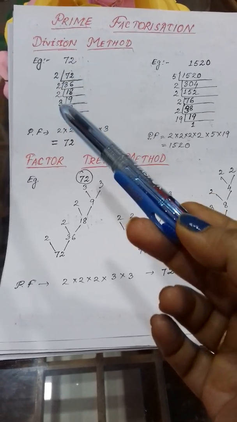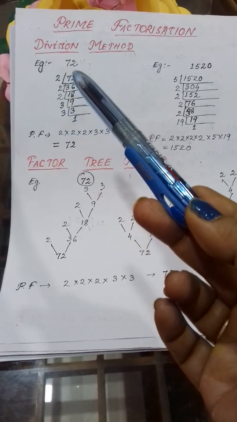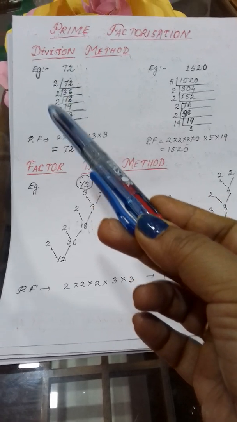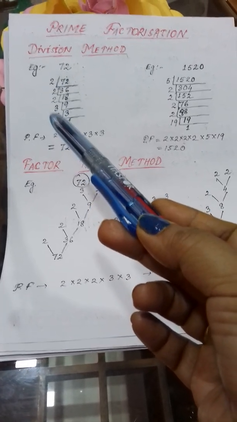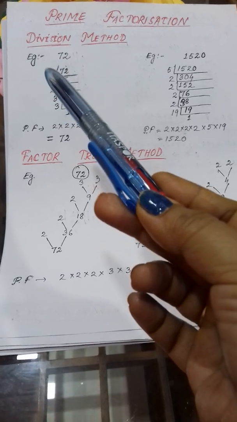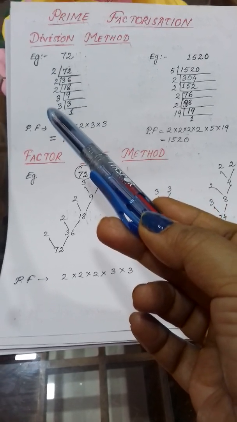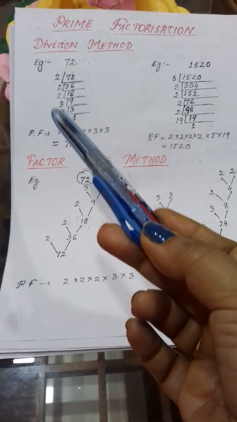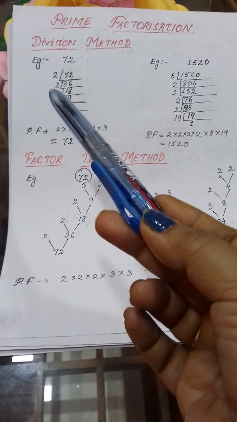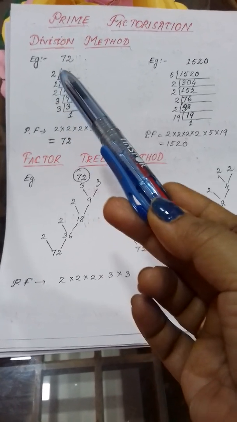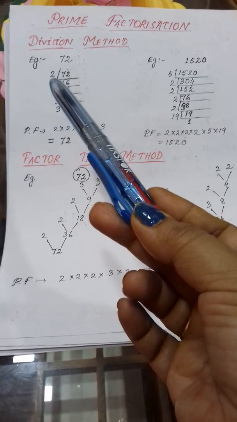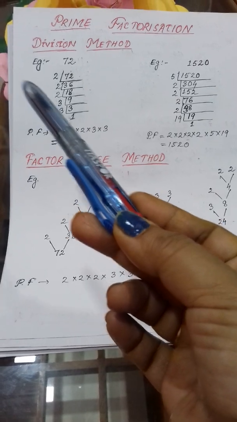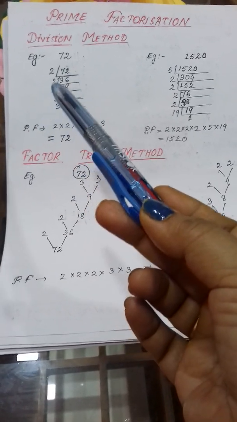Now, first thing is in the division method, when you start doing division, these are the divisors, these numbers by which we are dividing. Clear? So these divisors must be prime numbers. You won't be able to use any composite number. That means with a composite number you cannot divide. Clear? So here you can start with 2 also, here you can start with 3 also. That means by which number it can be divided. Clear? And the remainder must be 0.